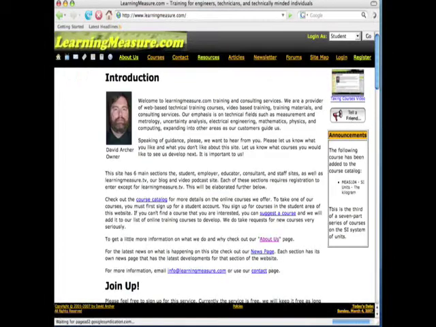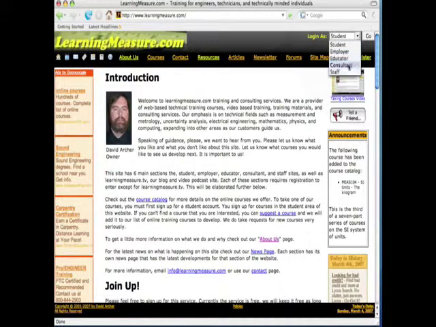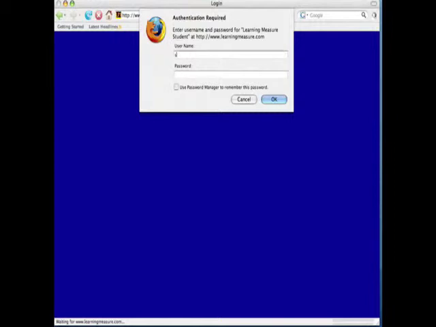Go to learningmeasure.com. In the upper left corner, you can log in. Now that you've registered, you want to log in. You've got a choice. You can be a student, employer, educator, consultant, or staff. You can actually have an account in all of these areas, except that if you're not a member of our staff, you won't be able to enter that area. But you probably want to enter as a student, and again, it'll ask for your username and password,